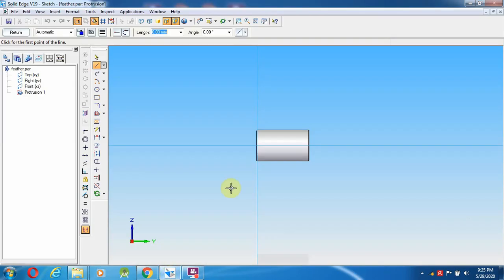So 4.5 means 2.25 on either side, and 3 mm height, 4.5, angle 90.